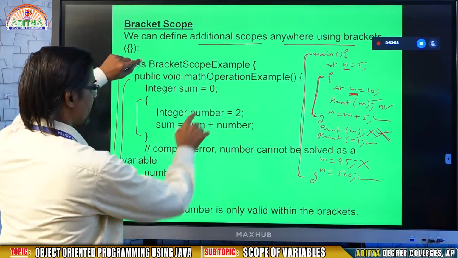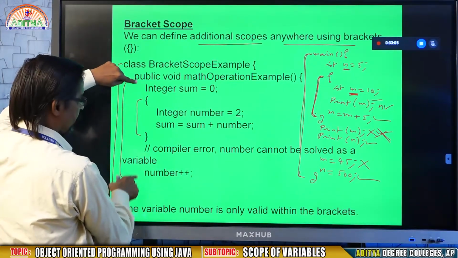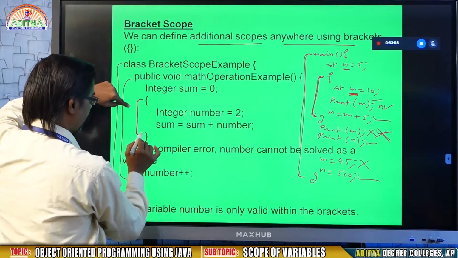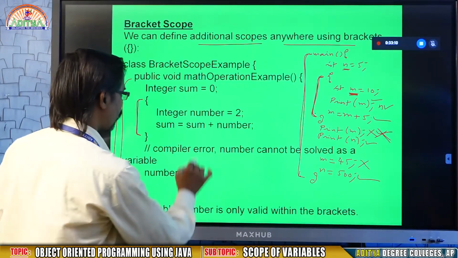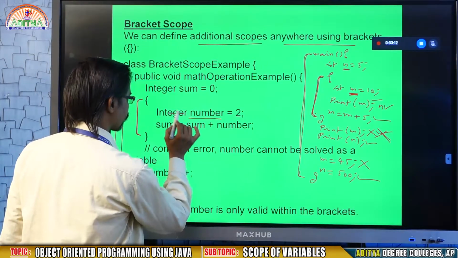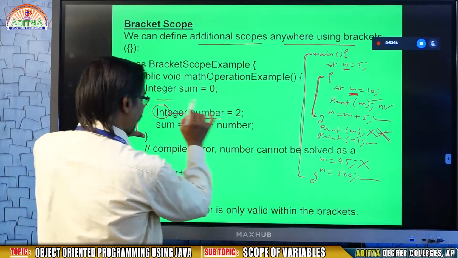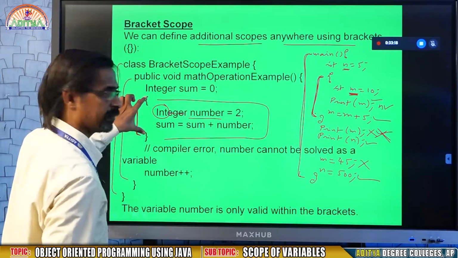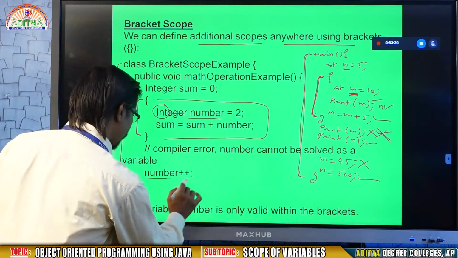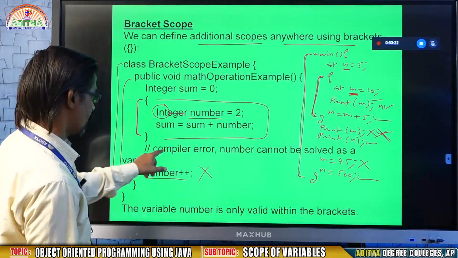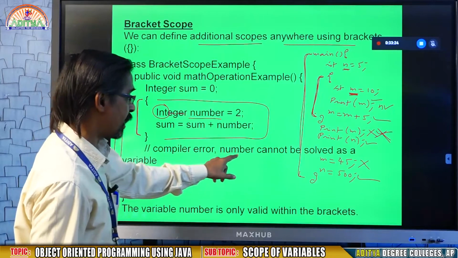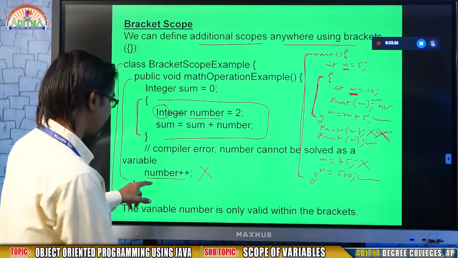See here, this is main block. This is the sub block, additional block. In the additional block, I define number as integer. So here number is accessible within this block only. If you try to use number outside, it gives a compiler error, number cannot be resolved as a variable.